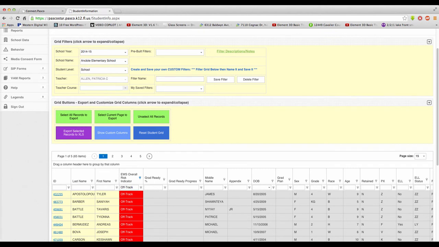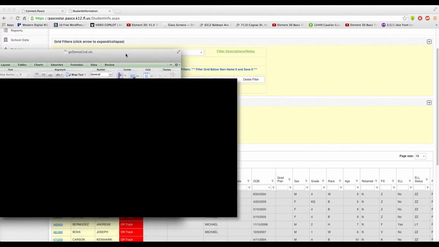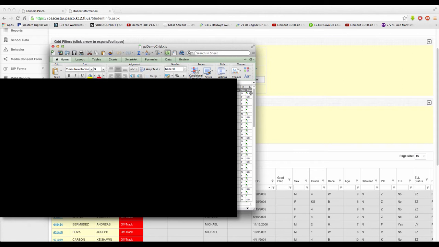The spreadsheet will then download, and by clicking on the download, it will include only the information that was selected. In this particular case, the 65 items or 65 students that were designated as off track are then listed in the Excel spreadsheet. By scrolling across to the right within Excel, you can see every single column was included in